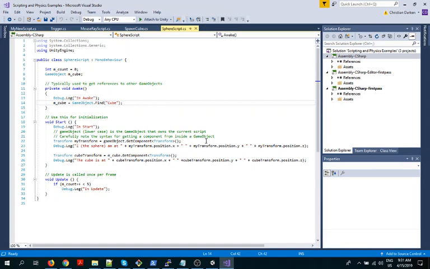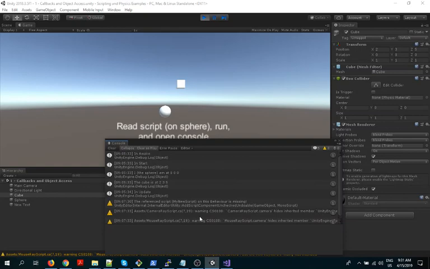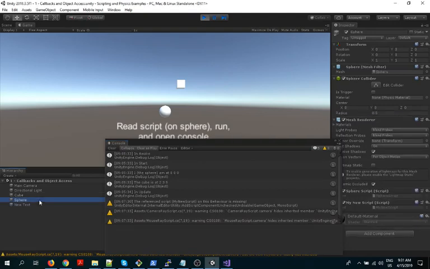What did I want it for? Just to do some printing. So here you go. I, the sphere, am at my transform. Transforms have inside them a property called position. Position is a vector that has an x, a y, and a z, and that's how we report the position. Let's go check it out. Wait a minute, it was on the sphere. That runs on the sphere, so we reported the sphere's position first. Here it is. I, the sphere, am at 0, 0, 0. Let's see. Here's the sphere. Oh yeah, position 0, 0, 0. It reported it correctly.